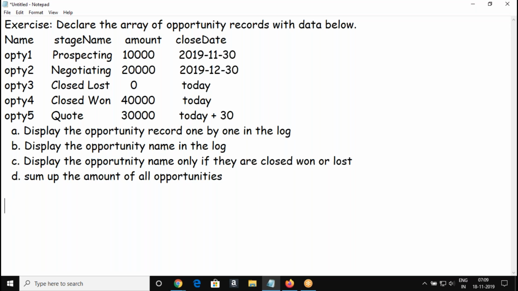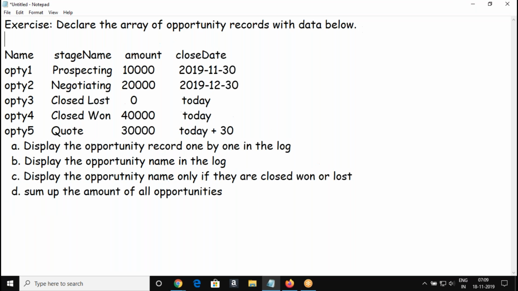List of opportunity, array of opportunity.